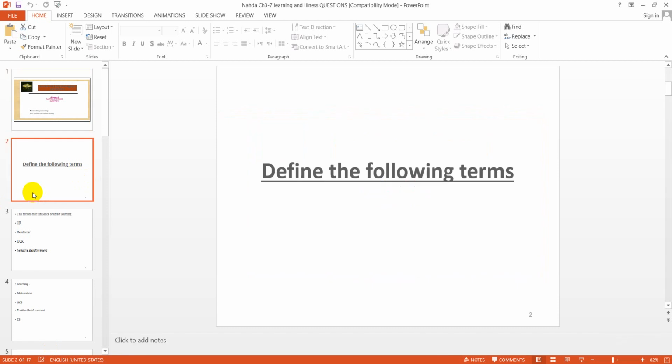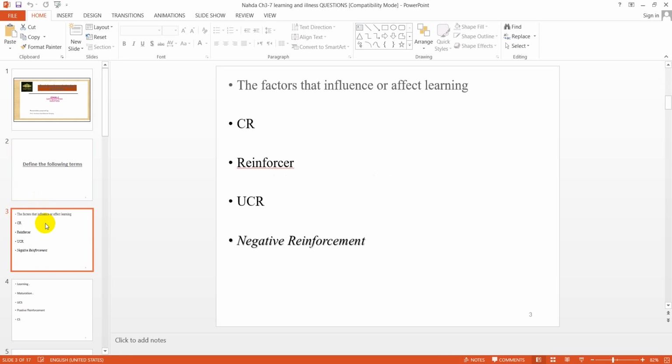Question number one, define the following terms. These terms are the factors that influence or affect learning, conditioned response or CR, reinforcer, unconditioned response or UCR, negative reinforcement,